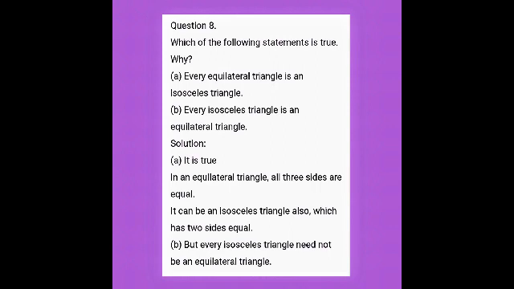Okay, ma'am, will you understand? First point of view, all three sides are equal, so you can take any two sides, and the first point holds. The second point, every isosceles triangle: an isosceles triangle means there should be two sides only equal, not more than that. So it is not possible, because an equilateral triangle needs three sides equal.